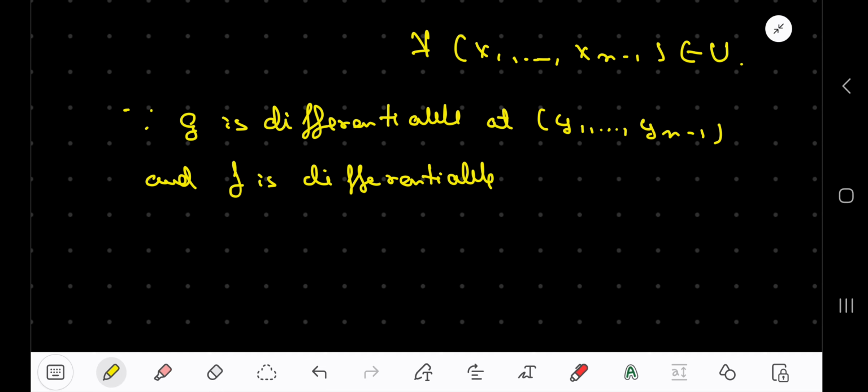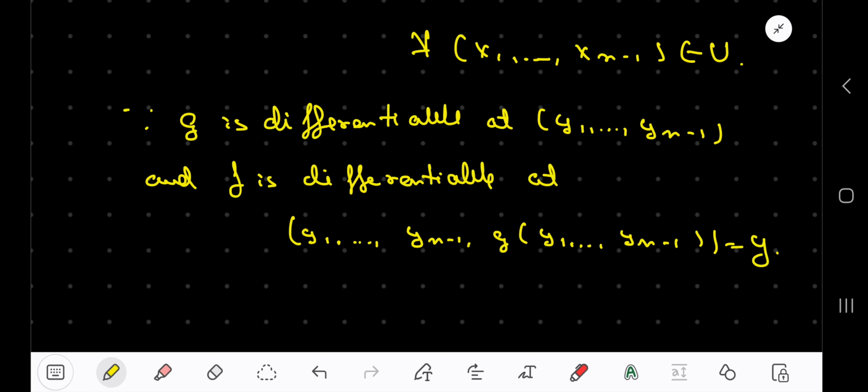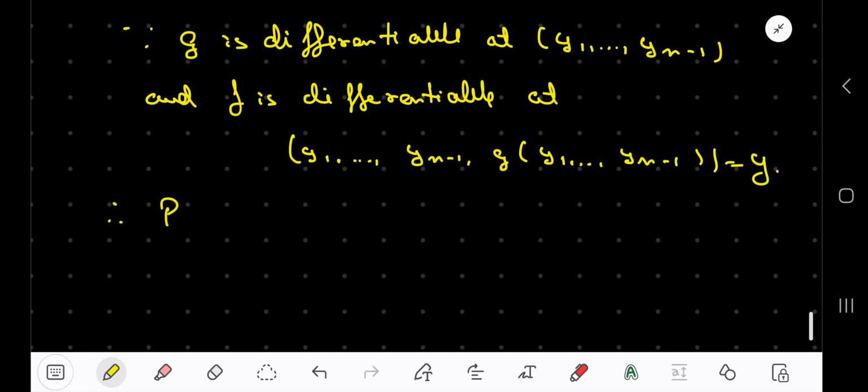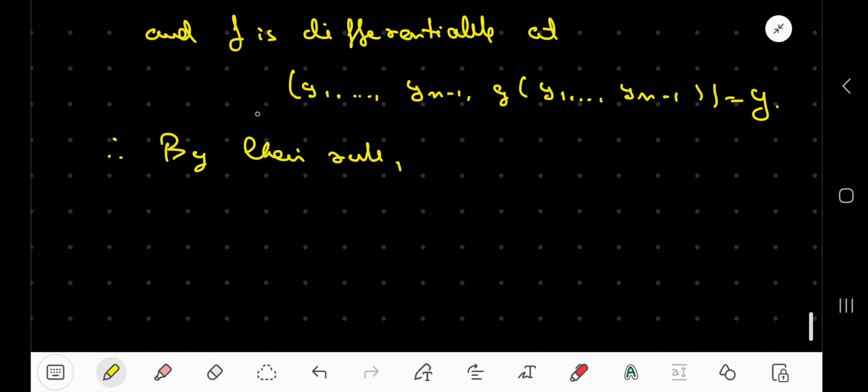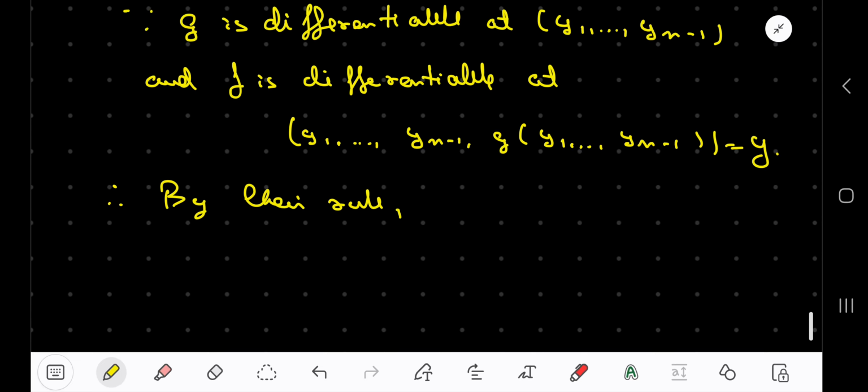f is differentiable. Where is it differentiable? F is differentiable at y1 till yn minus 1, g at y1 till g yn minus 1, which is exactly equal to y. Therefore, the chain rule, which we can immediately see being applied from here, if I apply it to this structure,